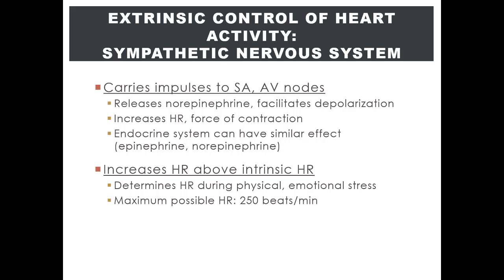It works through the release of a neurotransmitter called norepinephrine. This neurotransmitter is released by the sympathetic nerves and acts on the SA node as well as the AV node and the myocardium. As a result, they increase heart rate and force of myocardium contractions within the atrium as well as the ventricles. So sympathetic activity can, in summary, increase the rate of heart contractions and the force of heart contractions.